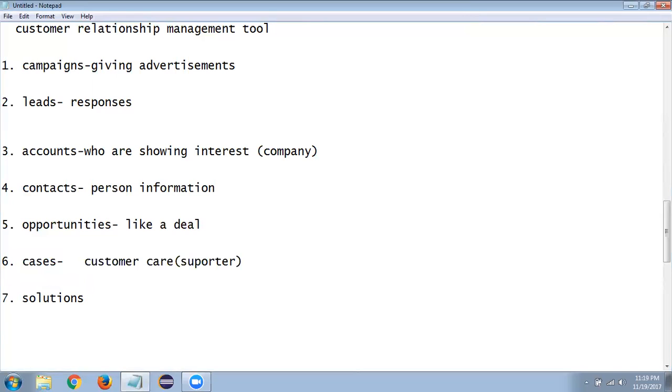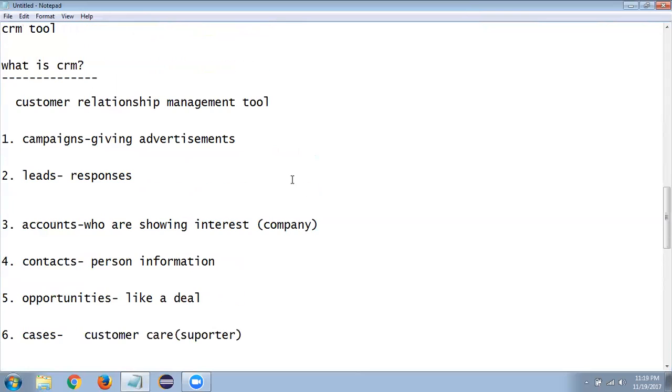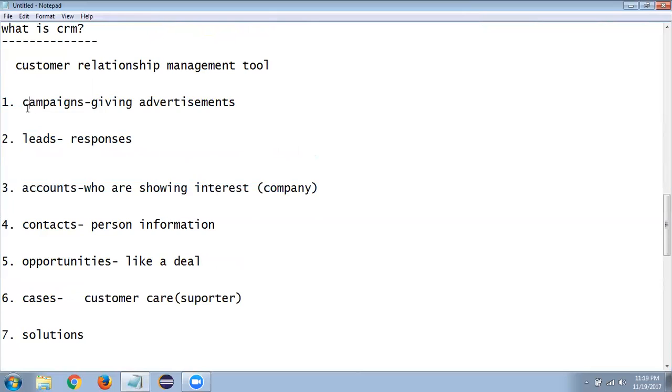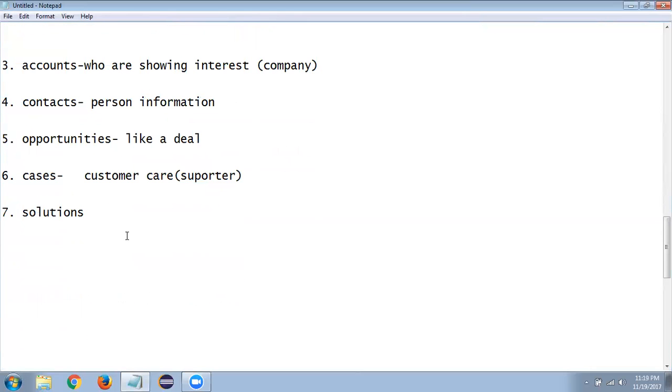Whether it is high priority, medium priority or low priority, they are going to resolve this particular case within some period of time. It depends on whether it is a high priority case or a lower priority case. Accordingly they give the solutions. So this is all about maintaining the customer relationship. It includes all these things. This is all that the customer relationship management tool involves. Hopefully you understood.